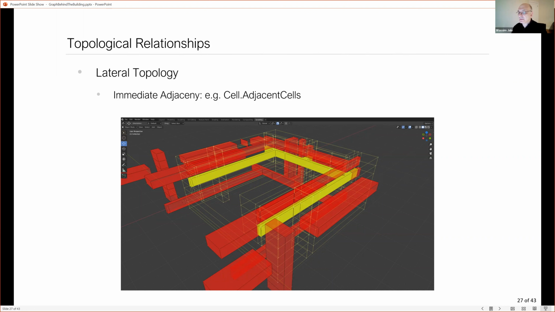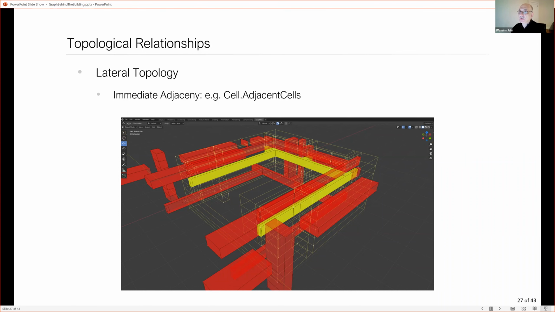So basically, what you're seeing here in this image is another one of those test fit buildings. I have a cell complex made out of corridors and spaces and all sorts of other components. And I picked, by random, a corridor. I picked this yellow corridor. I highlighted it in yellow. It's exploded so that you can see it, basically.